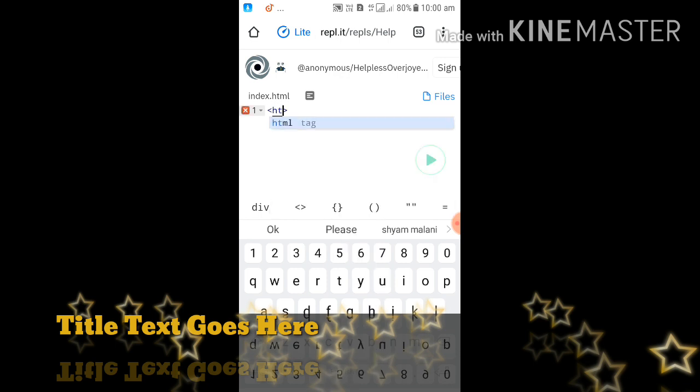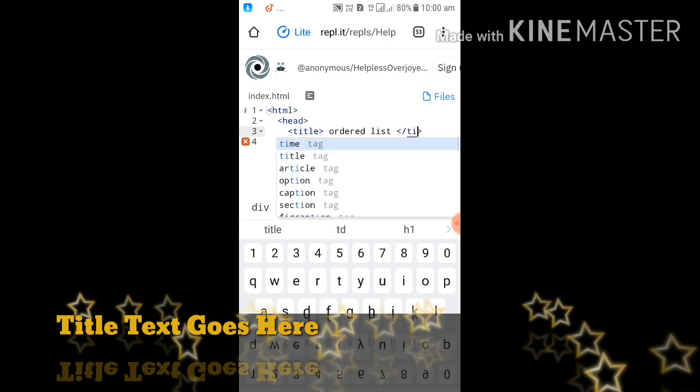So we have to write HTML, then head, then title. HTML, head, title, then title order list. What is an order list? An order list, like numbers 1 2 3 4 5 6 7, is called an order list, and an unordered list, like dots, is called an unordered list. We have to write an ordered list or unordered list at one title. So I am writing an ordered list. So it comes in the way of numbers.